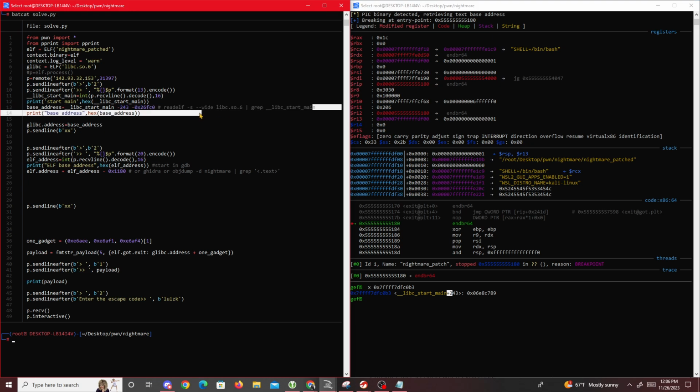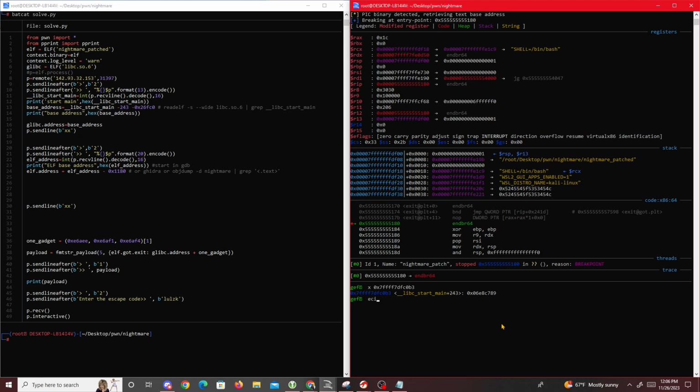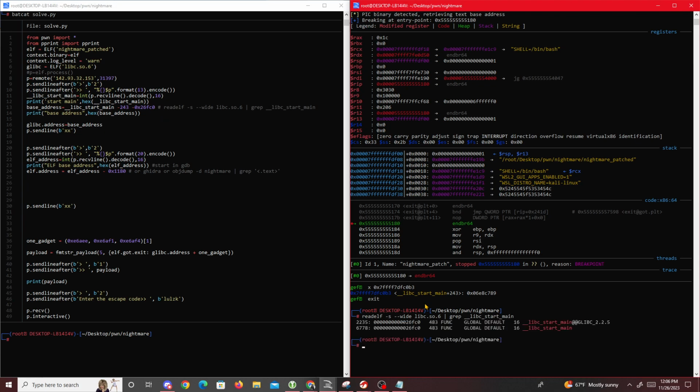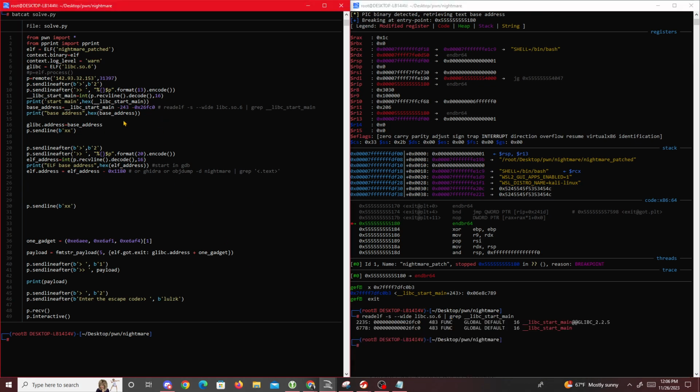So if I copy this and just exit out right here, and then just do this. Oh wait, readelf from libc.6, so it'll be this. We get 26F70, and we simply subtract that from that too, and then we get our base address of libc,